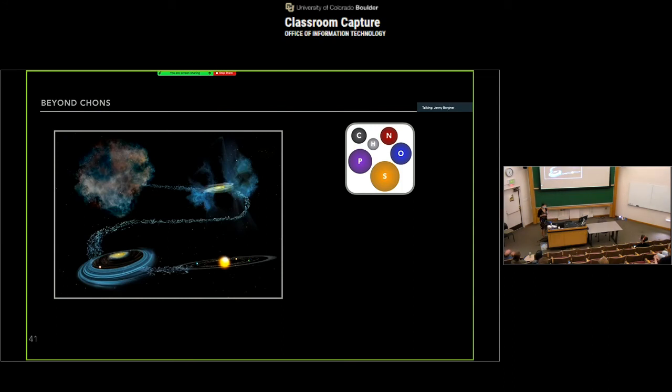All right, so we've spent a lot of time talking about carbon, nitrogen, and oxygen up until now. That's for the very practical reason that it's really easy to detect carriers of these elements at all stages of star and planet formation. It's a really different story for phosphorus. There have only been 2 detections of phosphorus towards any low mass star forming region up until now. So I want to spend a few minutes talking about some progress we're making in better understanding the most elusive of these biogenic elements.